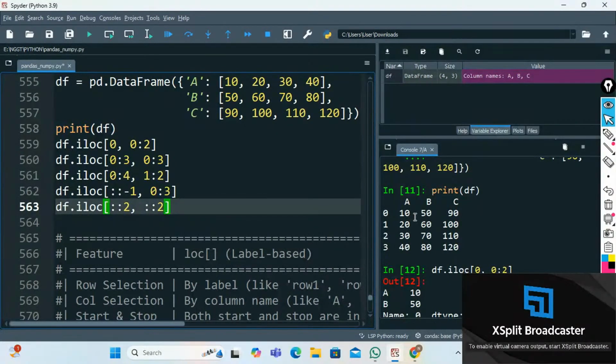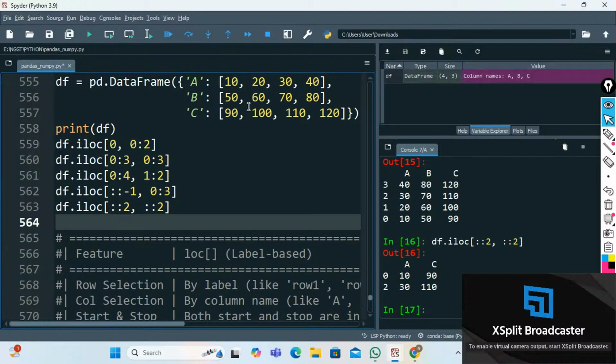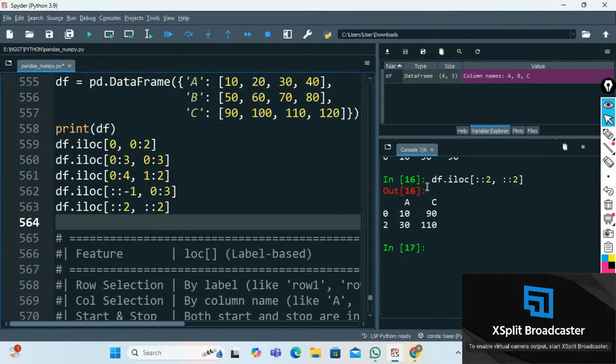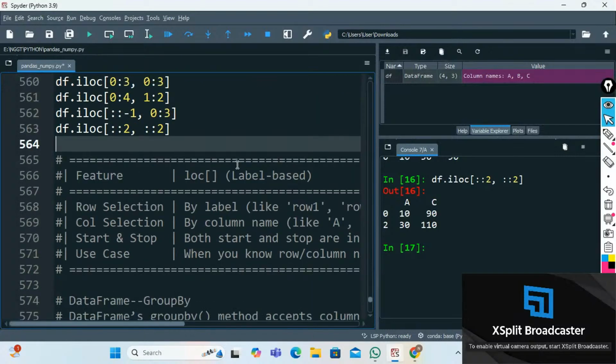It will be nothing but the first row and the third row and first column and the third column. So output will be 10, 90, 30, 110. See, yes. Good. Okay, so this marks the end of